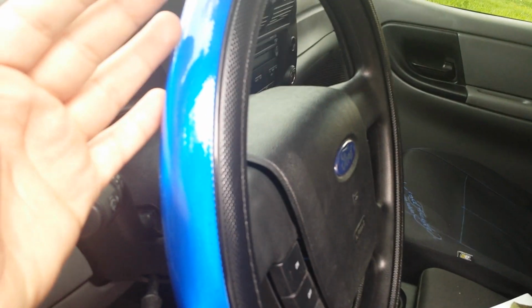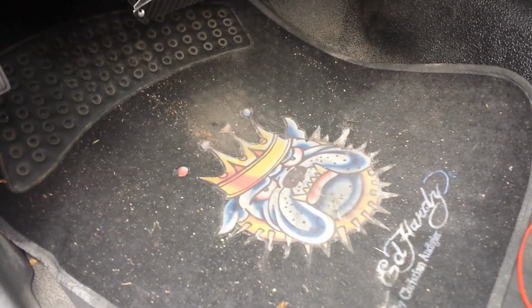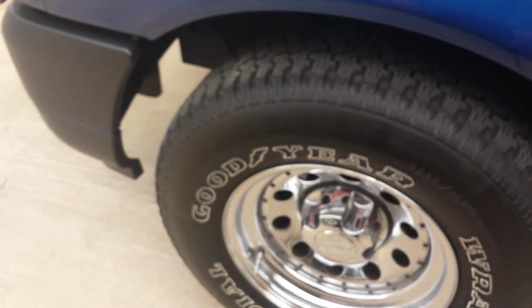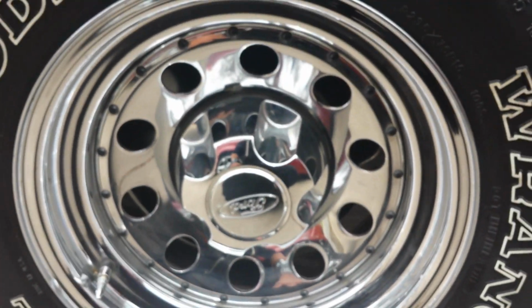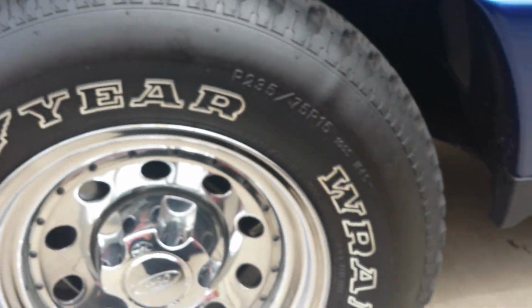First off, the very first thing I got was this blue steering wheel cover. The mat, pedals, the Ed Hardy bucket seat covers. The bolts, here you go, the bullet bolts, rain guards, unique rims, unique wheels, whatever you want to call them, bullet valve caps there, Goodyear tires, gotta love those Goodyears,